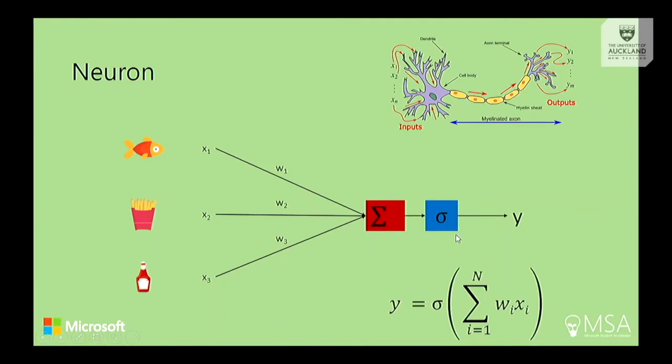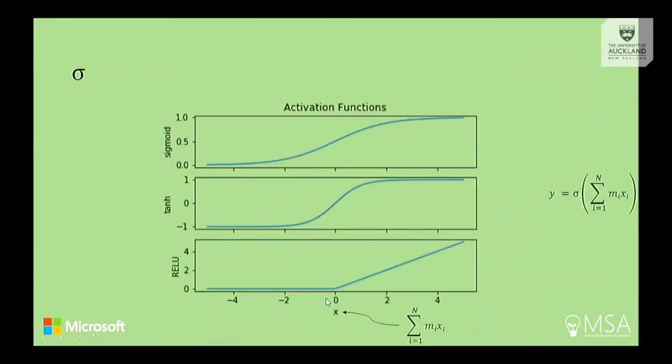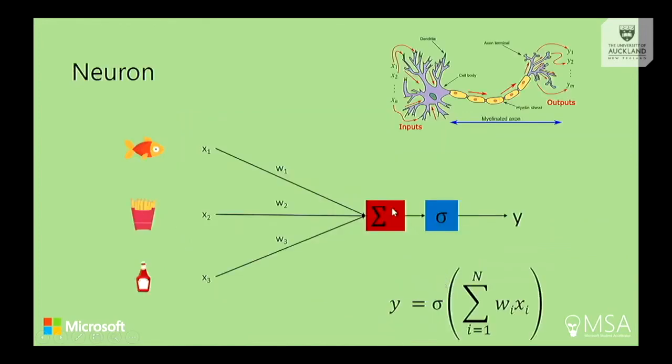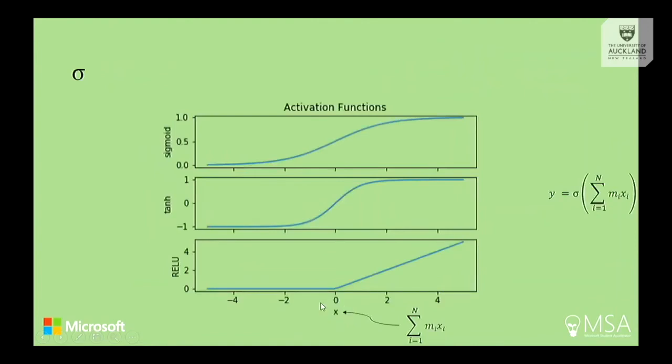And for this nonlinear activation function, you have a few options to select from. The most common one is the sigmoid activation function. So what comes out from here, this arrow here, would be the x here. The output for the sigmoid function goes from 0 to 1. So it converts whatever the number is into a number between 0 and 1. And the rectified linear unit, ReLU, basically gets rid of all the negative numbers. Traditionally, the sigmoid activation function was used, but more recently, ReLU has been performing well. Based on what other people are doing, ReLU seems to be performing